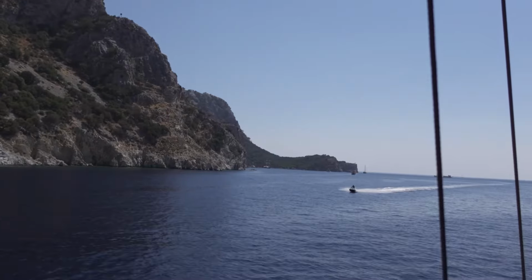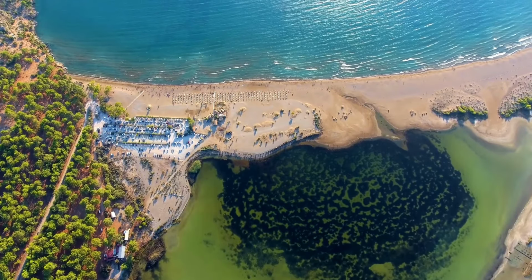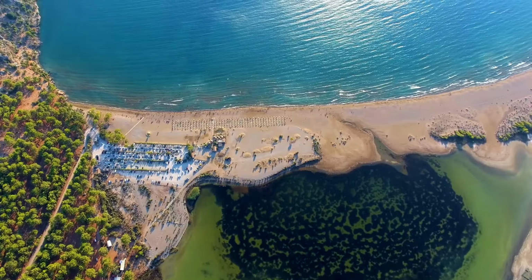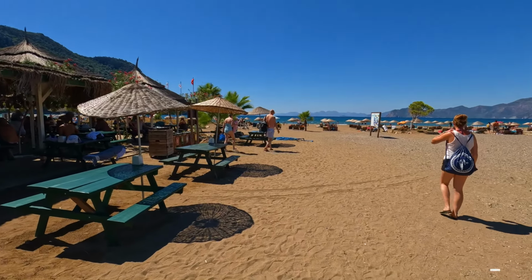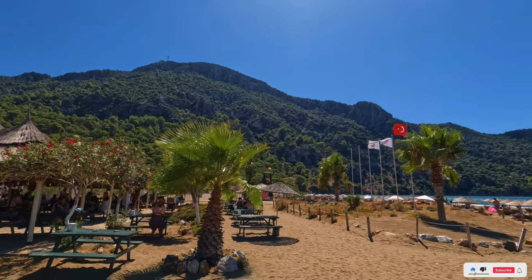Number 3. Soak up the sun on Iztuzu Beach. Just under 2 hours from Marmaris, Iztuzu Beach is a peaceful escape, protected as part of a nature park. This stretch of white sand runs nearly 5 kilometers along the coast and is one of Turkey's most beautiful and untouched beaches. Unlike many busier spots near Marmaris, there's no heavy development here, just pure nature, soft sand, and the